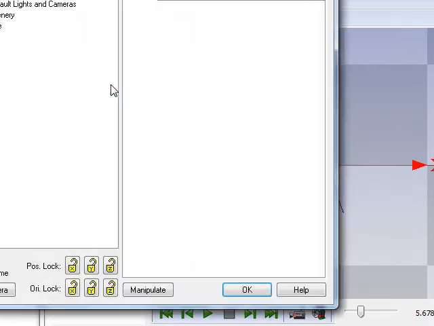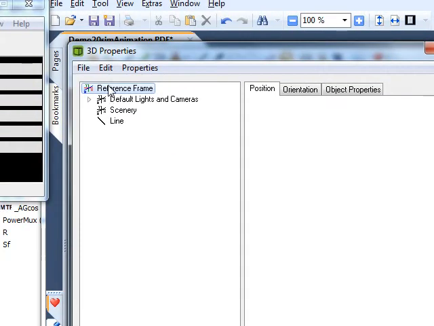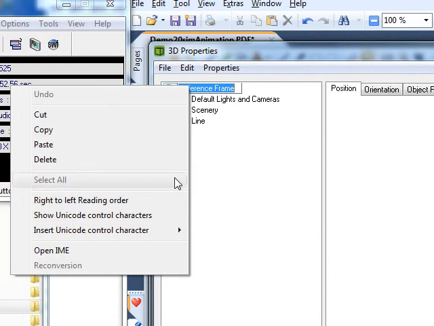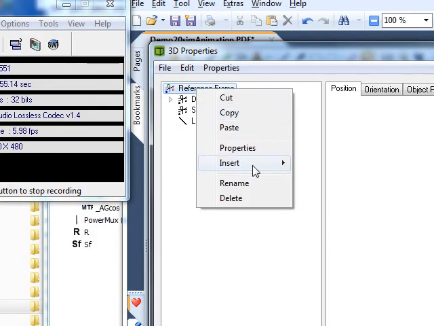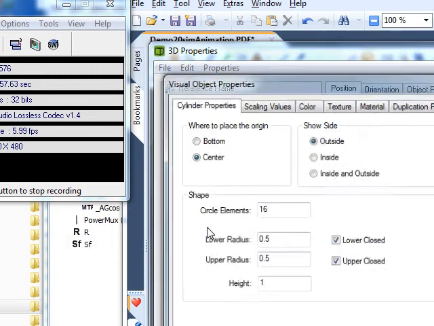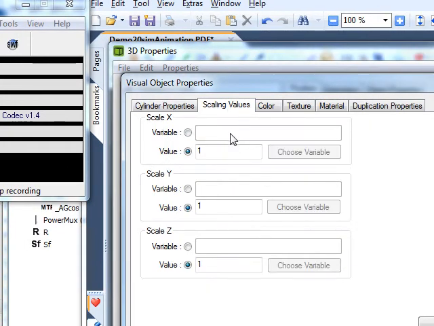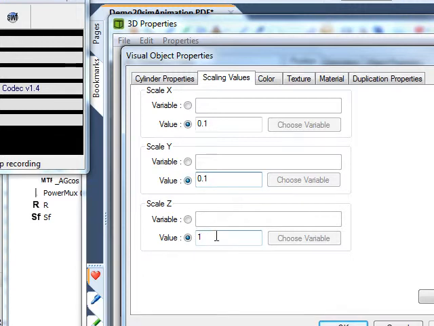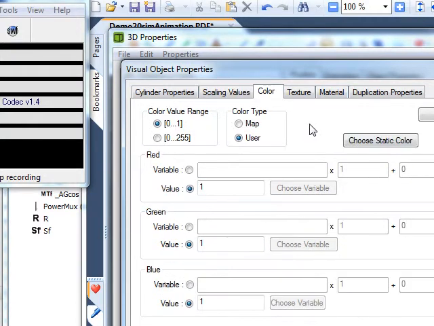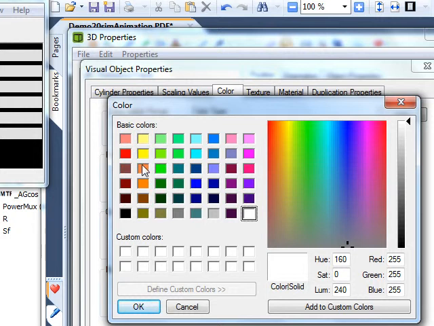So if I double click on 3D animation, and right click, insert, cylinder. I'll place the origin at the center. I'm going to scale it. Now when a cylinder comes in, it has a body fixed axis set, but the z-axis is pointing in the long direction of the cylinder. So I'm going to make the cylinder thin about the x and y axes and make it 1 meter long in the z direction. I'm going to make it orange,